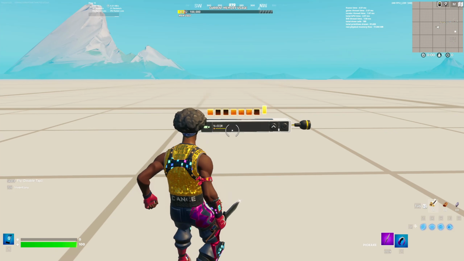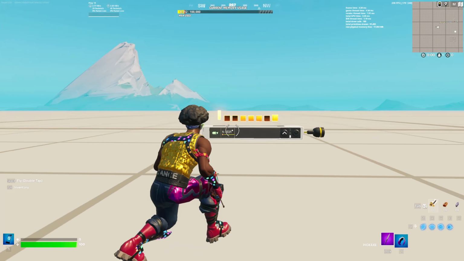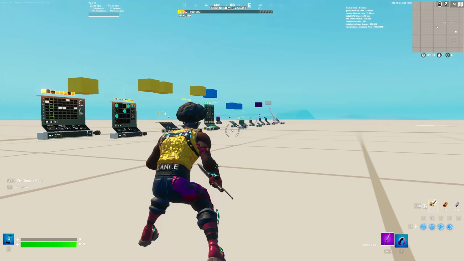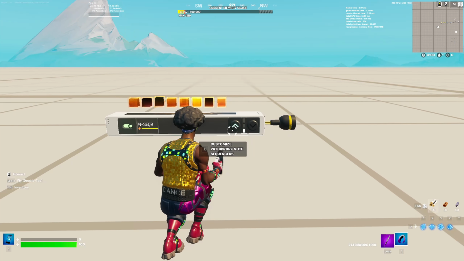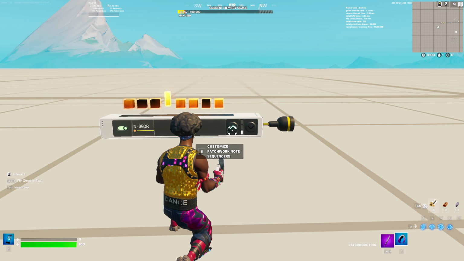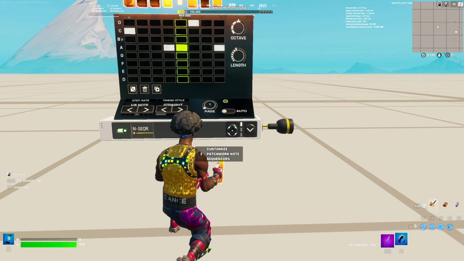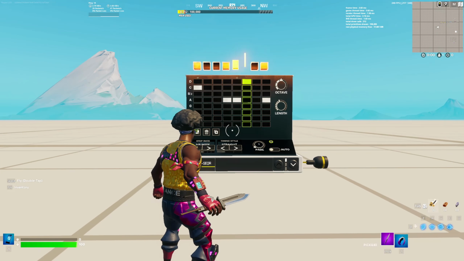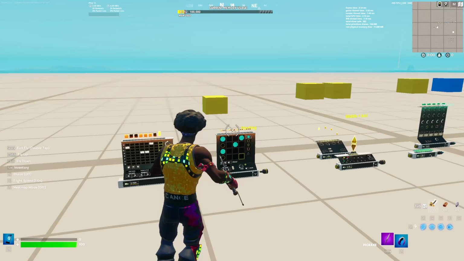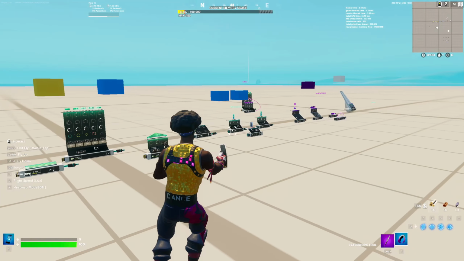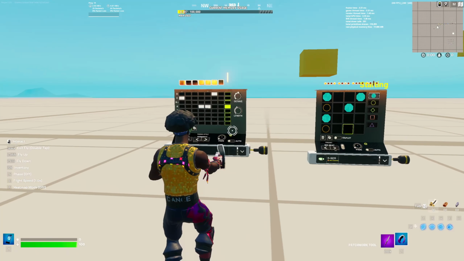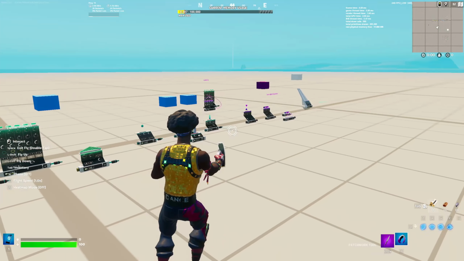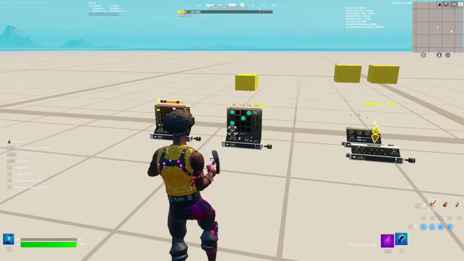When you pull it out, it should look something like this. It should look like a line with maybe something above it. All of them should look like that. What you do to get out of this mode is you go right here and hover over the arrow. You're going to click your patchwork tool and it will open all of your menus for this device. So I have done that to all these devices right here and they're all expanded out so we can see them all. And basically all this is a music sequence device thing.